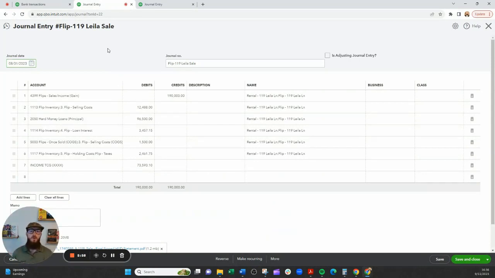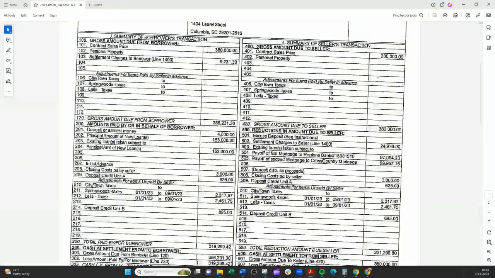So let's go over it. If you remember, settlement date is August 31st, 2023. Nice searchable journal entry: flip 119 Layla sell. This is not an adjusting journal entry because cash is physically coming into the business. Okay, so if you remember on the HUD statement, we're going to say a sell price of